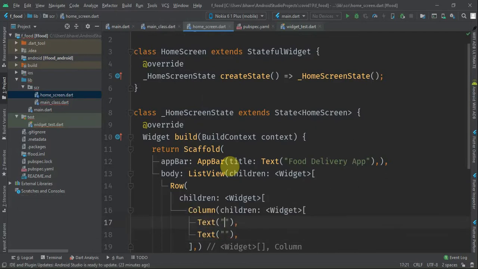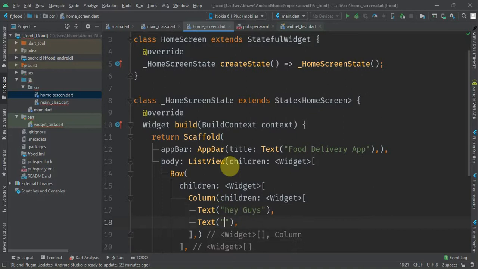See, just two texts: hey guys, and feeling hungry.